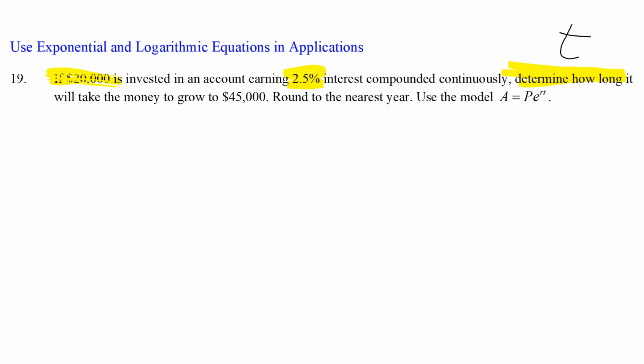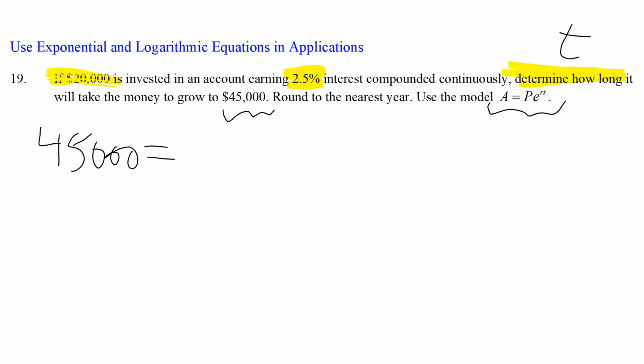We'll take the money to grow into 45,000, round to the nearest year, and we're going to use the formula for continuous compounding. So I'm going to put the numbers in the formula. A equals Pe to the rt. The A is the amount of money after you applied the interest rate and the number of years. So what will the money be after that many years? So 45,000